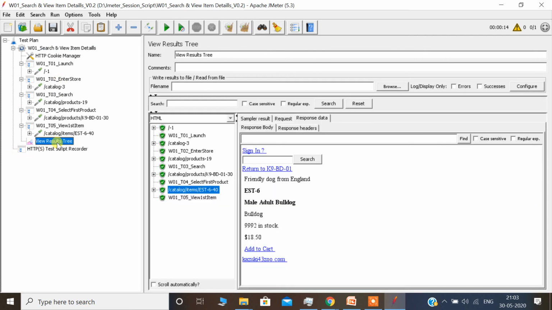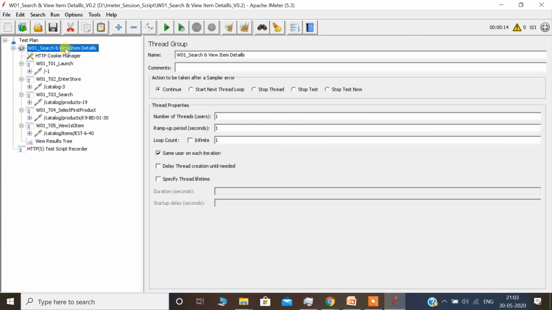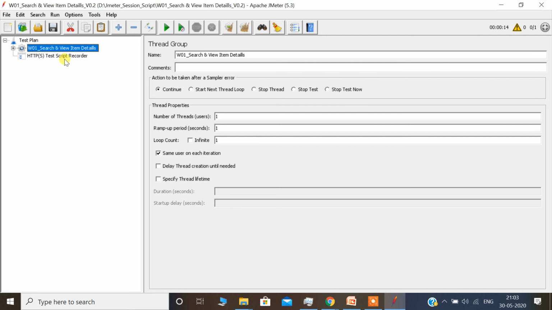View result tree or the listener should be child of thread group and not of any transaction. Cookie manager, transaction controllers and result tree, all three components should be children of thread group. Thread group and test script recorder should be child of test plan. Why do I keep repeating these things? Because the hierarchy is very important in JMeter.